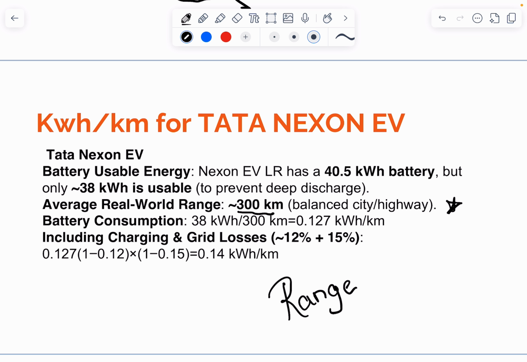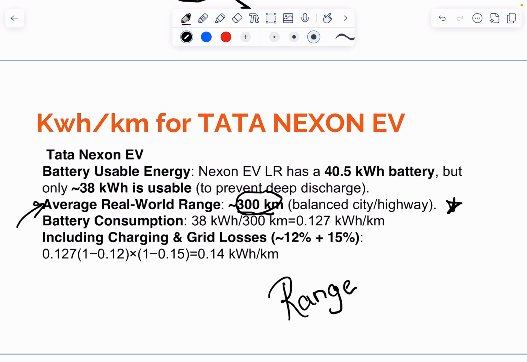We would get a better mileage if you have highway driving and steady driving, but if you have uneven terrain, this number would be lower. So taking this real world range as 300 kilometers,